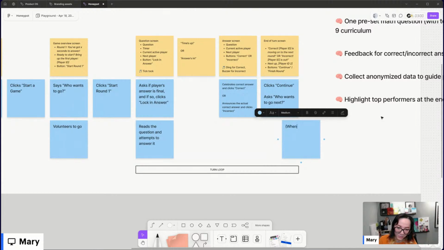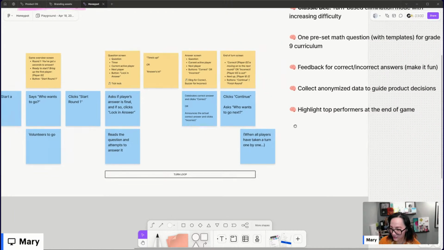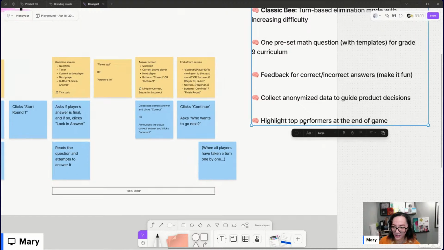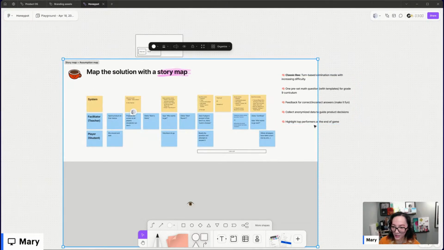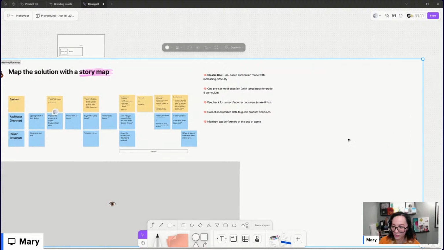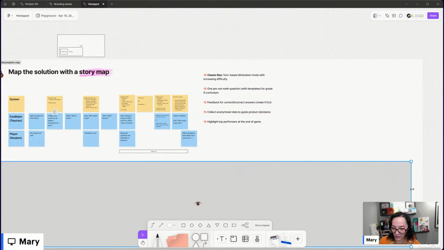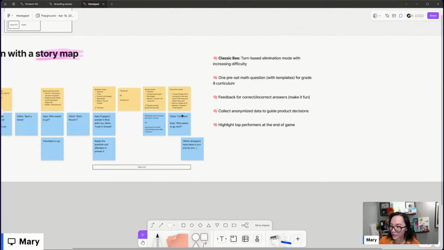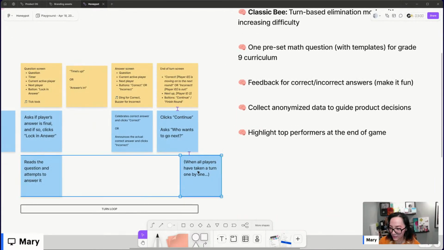And now I want to move on to what happens towards the end of a round. So when all players have taken a turn one by one. And I'm just putting it in brackets because it's not really an action. Okay, I need a bigger board. Let's make this bigger. Okay, don't look at the little eye down there. Okay, so when all players have taken a turn,